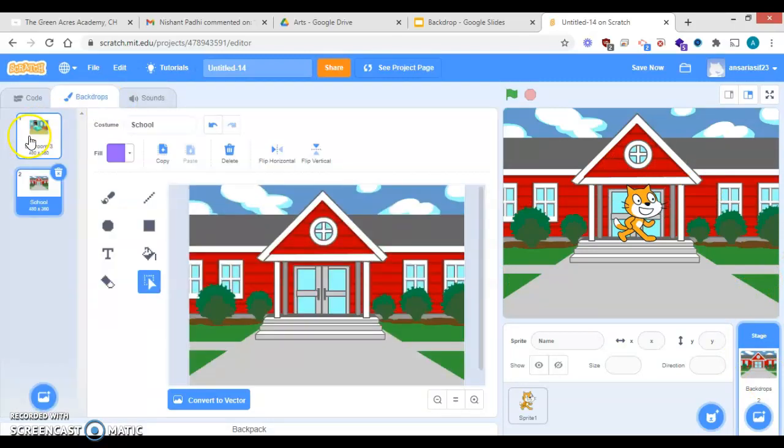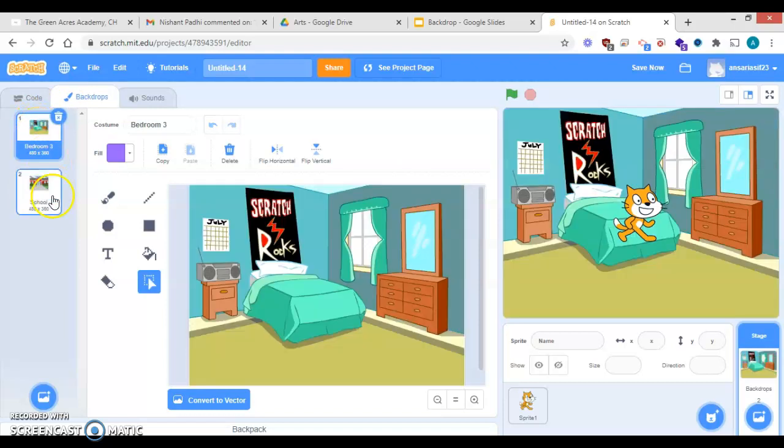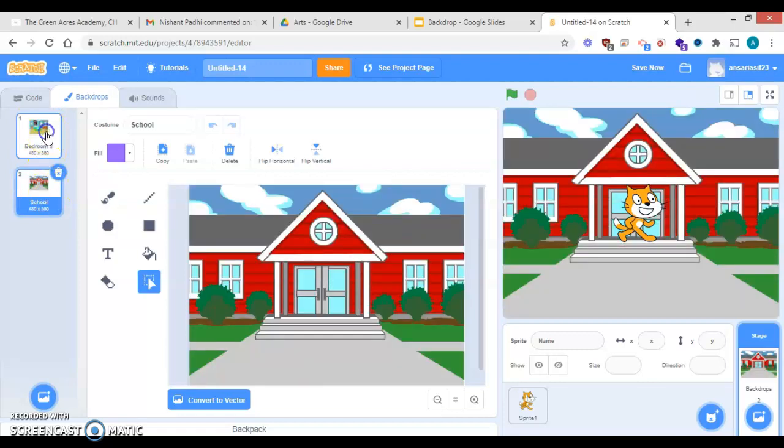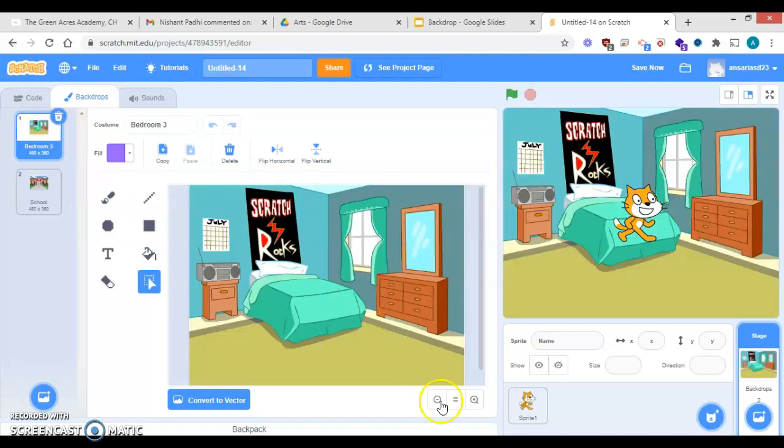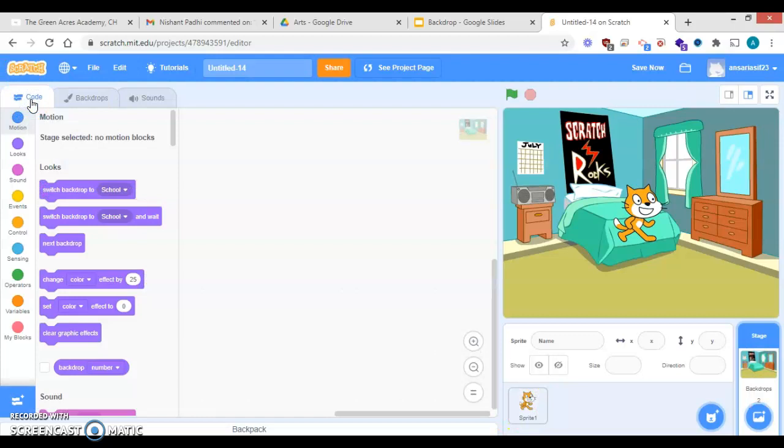We have to start with, see, I have selected 2. So you are able to see both the backdrops over here. First it is bedroom 3 and then it is school. So I am starting with bedroom. And if I want to code, remember, you have to come in code and you have to click